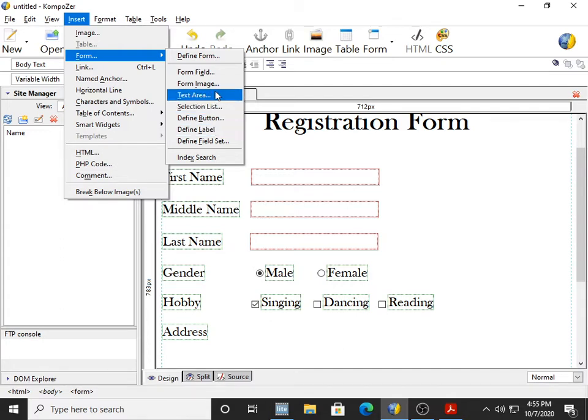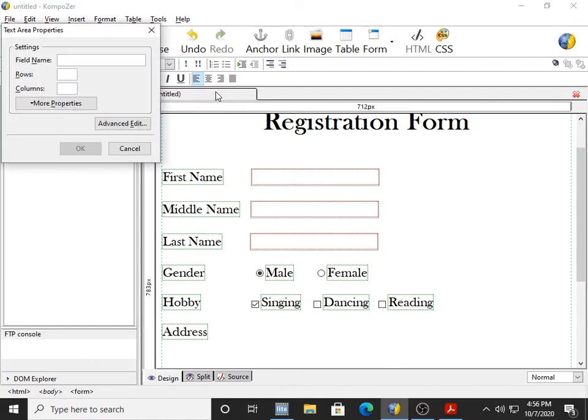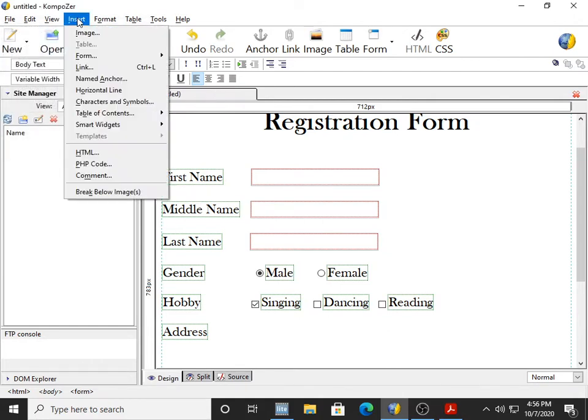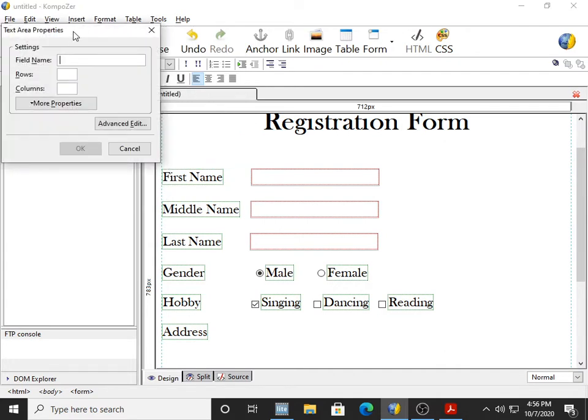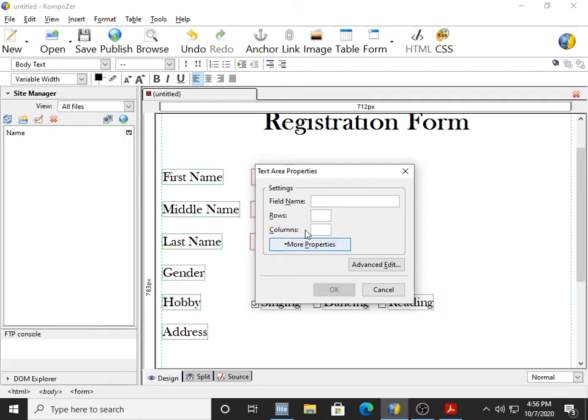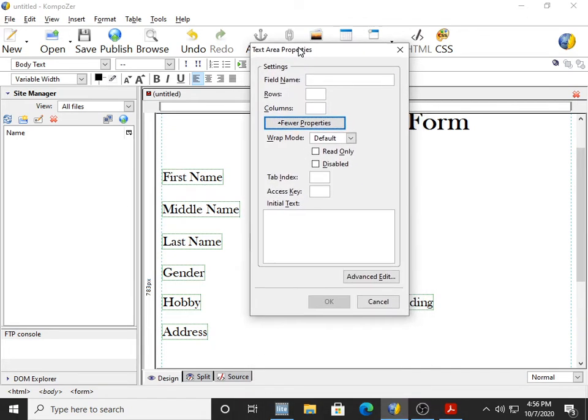Insert form and text area. So this is your text area properties. I will click, so it will enlarge to show more properties.